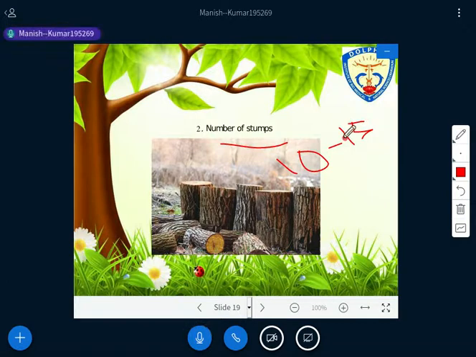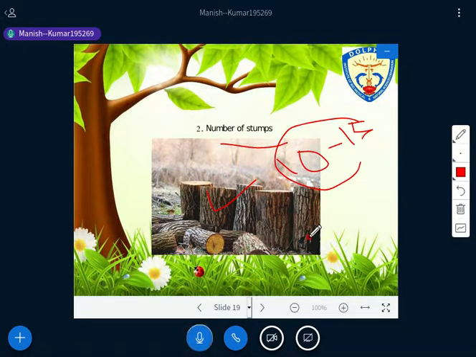Right, so that is the number of stumps required, and through the image I have shown you these things also. At least 10 to 15 is required. Fine. Then we are able to draw accurate results, isn't it? Because as I told you in some of the previous slides, we have to generalize the result, whatever result we are gathering and all the graphs and every calculation we are making. The purpose is to generalize the result, right?